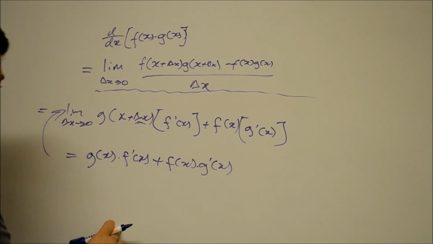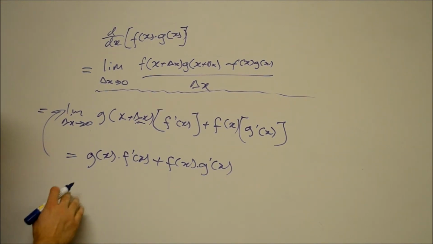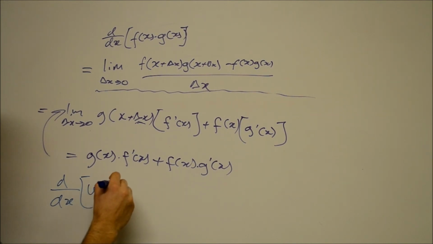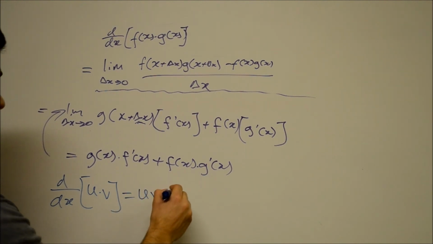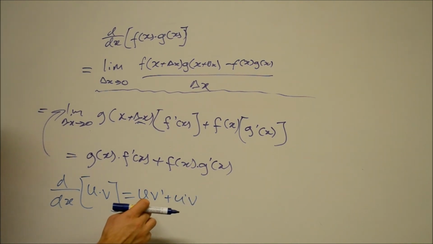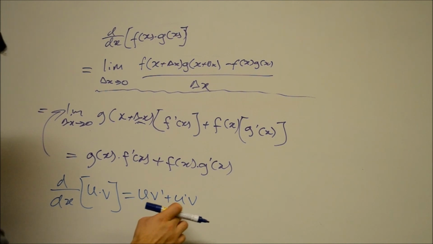So in general, we've got that if we have u and v as functions of x, as I think is written in most textbooks, d by dx, so just a derivative operator of u times v, is equal to u v prime plus u prime v, where f of x is v, so then that's going to be v prime, and g of x is u, and so you could rewrite that as v